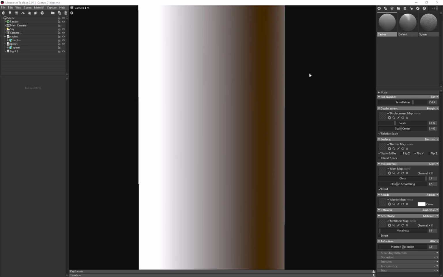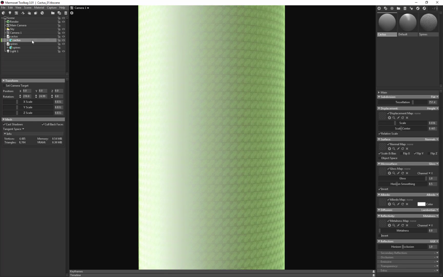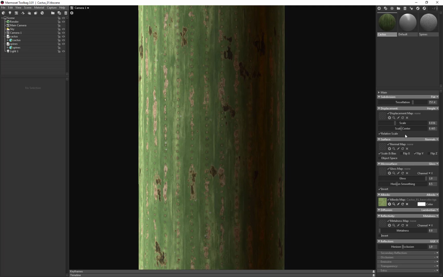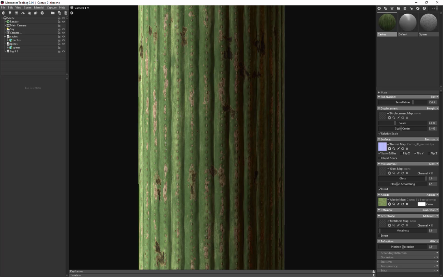I have now imported my meshes into Marmoset Toolbag 3. So I have one mesh for the cactus and one mesh for the spines. I've also created two different materials, one cactus material and one spine material. So I will start by importing textures for the cactus material. I'm starting with the albedo, and I will import the normal map as well. I'm making sure to have the normal map flip Y to fit with Marmoset,